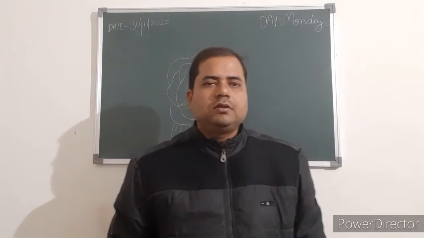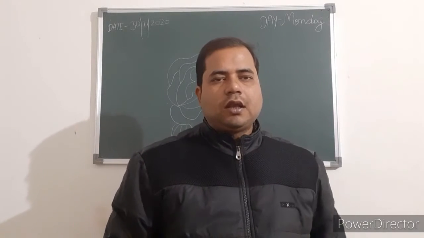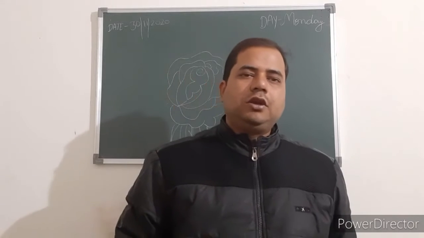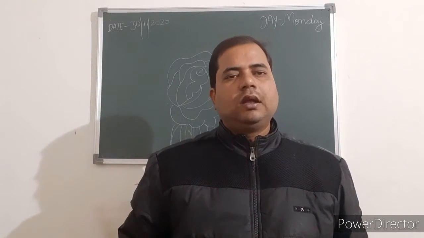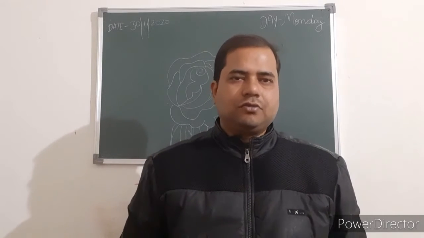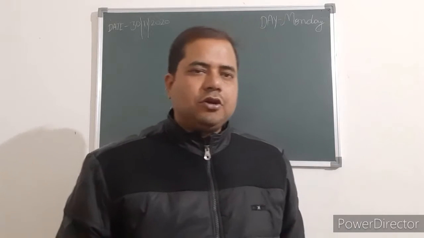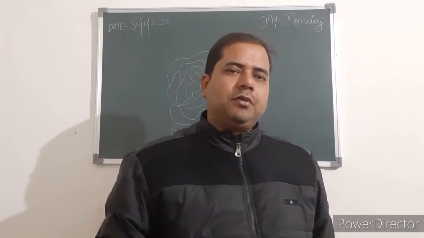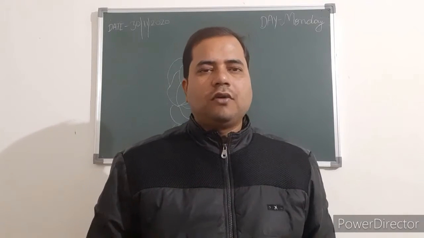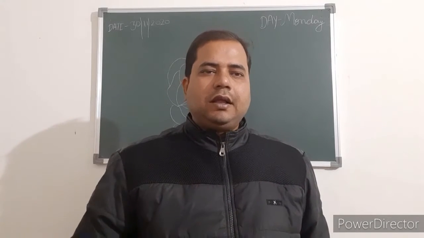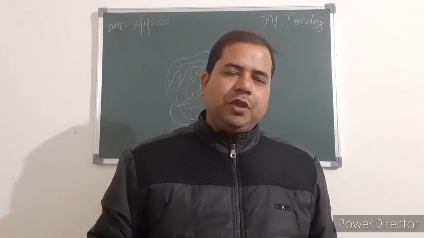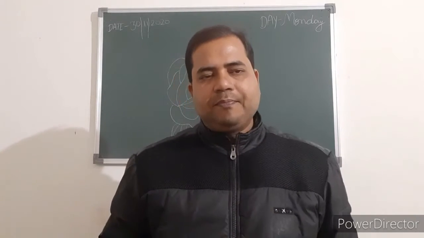Hi, good morning students. Today in class 12 we are going to discuss some problems based on the dot product of vectors, position vector, direction ratios and direction cosines. We had already taught you the dot product and its properties. As you know, A dot B equals mod of A mod of B cos theta, and A dot B is a real number. Dot product is commutative.